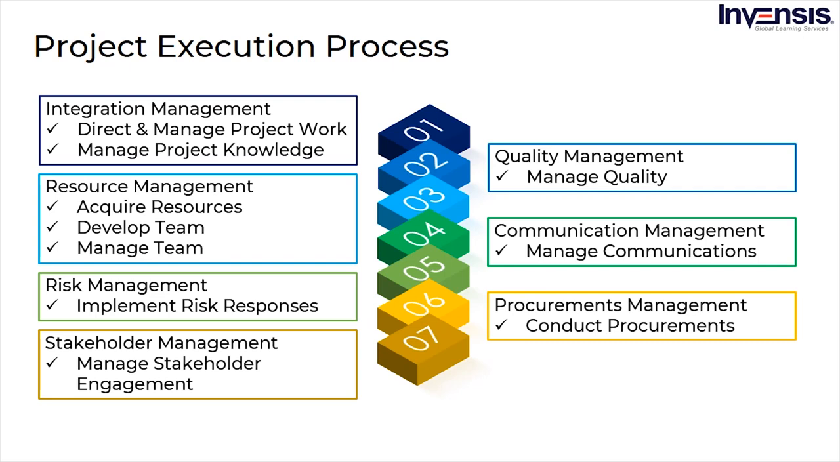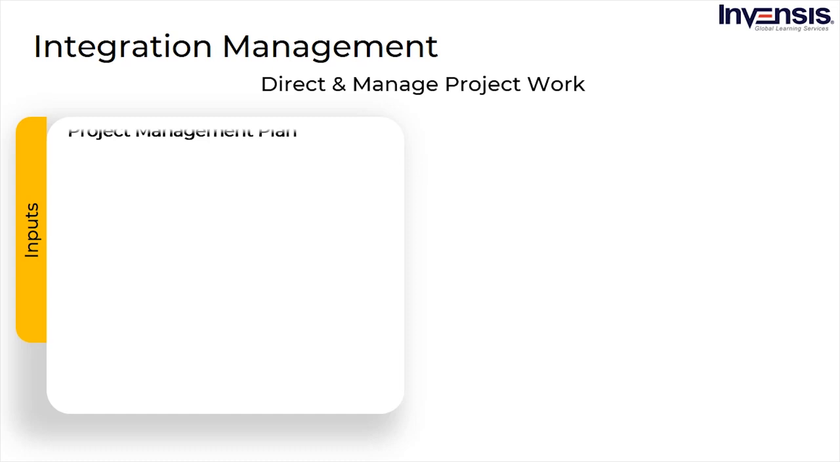Also, each process mentioned here has respective inputs, tools and techniques, and outputs. So, let us go through these specific knowledge areas and the processes involved in a detailed manner. The first knowledge area to have execution is integration management. This involves 2 processes, direct and manage project work, and manage project knowledge, that include execution. Coming to direct and manage project work, coming to inputs, we have a project management plan,